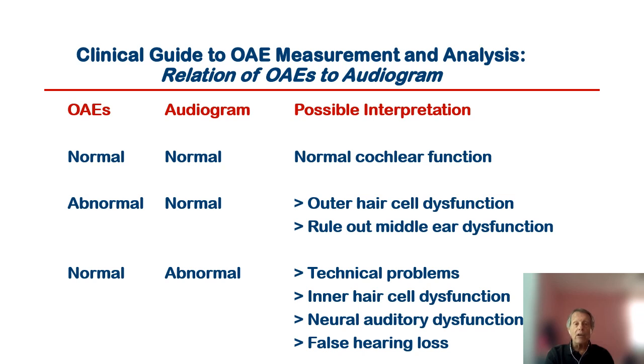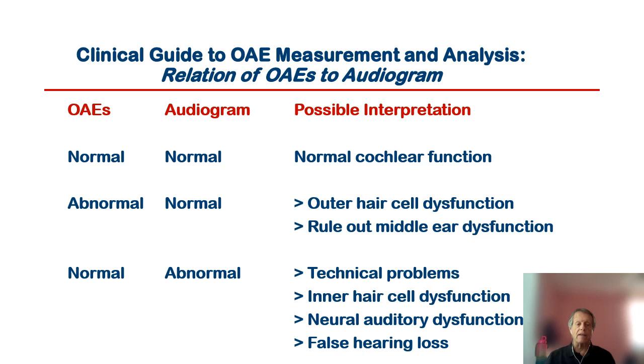And that is valuable information. Probably of all the findings we're talking about for promoting healthy hearing, this is the most important. When you evaluate a patient whose audiogram is still normal, but whose OAEs are beginning to show abnormality, you have an opportunity to counsel that patient and to prevent further hearing loss, whether the cause is ototoxic drugs or noise